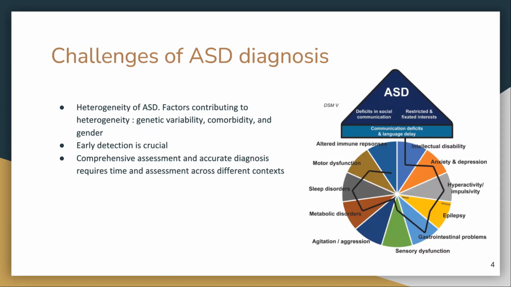Heterogeneity means diversity or variability. Autism may be thought of as combinations of symptoms from several domains with various degrees of severity. Some children with autism are verbal while others are non-verbal. Some have higher intellectual abilities than others. Some children can show comorbid symptoms like anxiety and attention deficits, at the same time sensory dysfunctions and metabolic disorders, etc. The second challenge is early diagnosis.